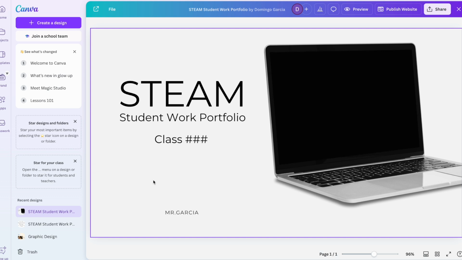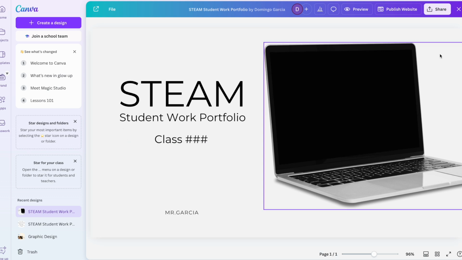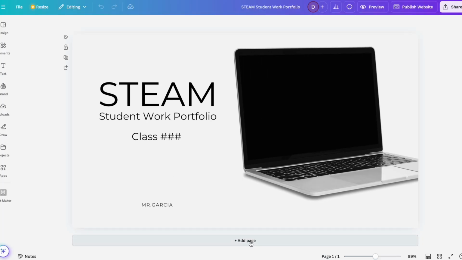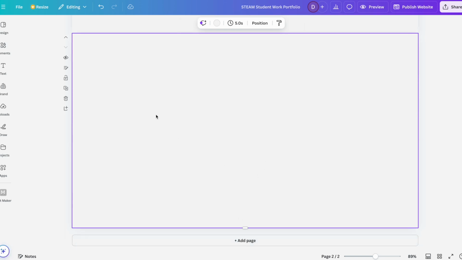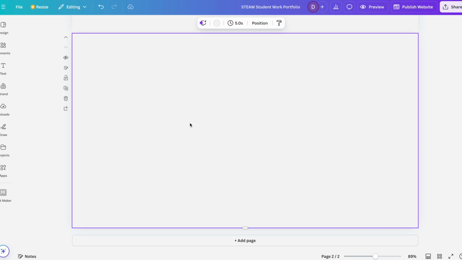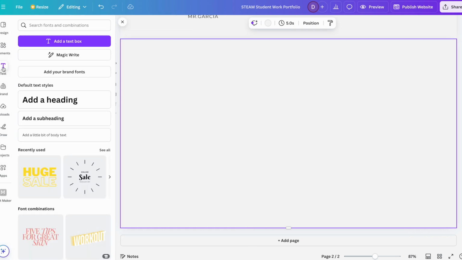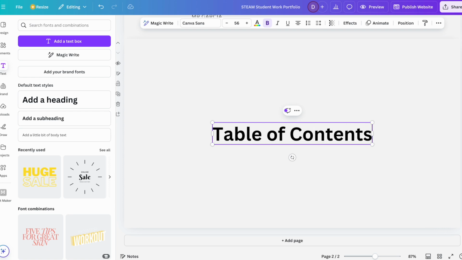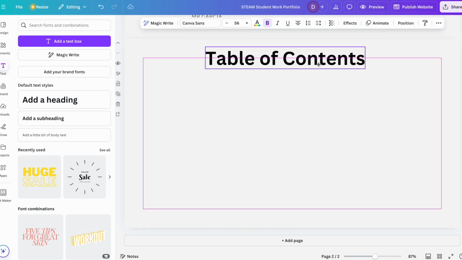Okay. And what I'm going to do next is add a page to my student work portfolio. So by clicking on add page, it's going to add another one. And I'm going to create my table of contents. I'm going to head over to text, add a heading, call this the table of contents, set this up to the top,